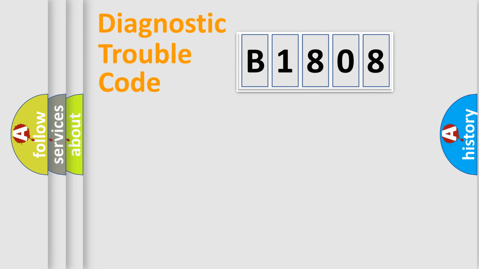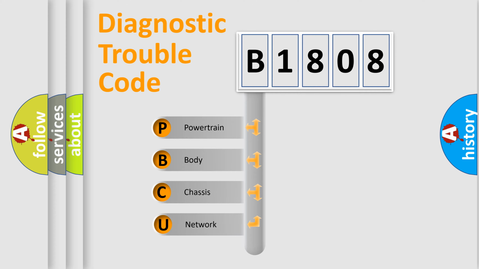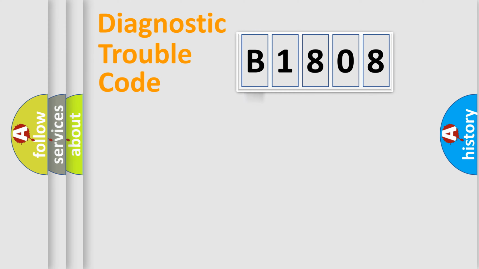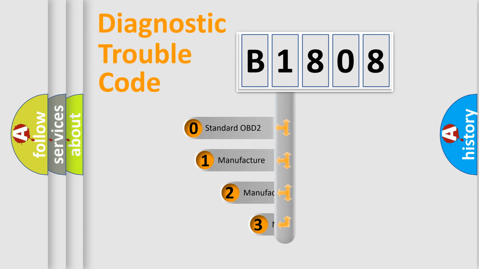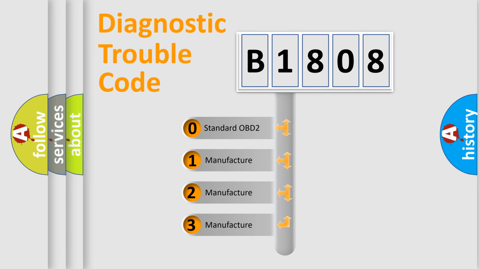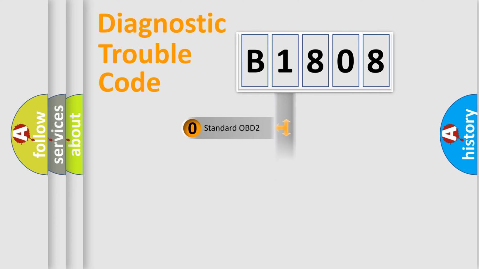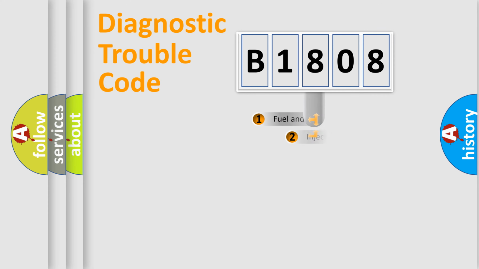Let's do this. First, let's look at the history of diagnostic fault code composition according to the OBD2 protocol, which is unified for all automakers since 2000. We divide the electric system of an automobile into four basic units: powertrain, body, chassis, network. This distribution is defined in the first character of the code. If the second character is expressed as 0, it is a standardized error. In the case of numbers 1, 2, 3, it is a more prestigious expression of the car-specific error.